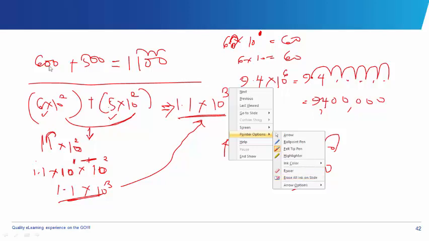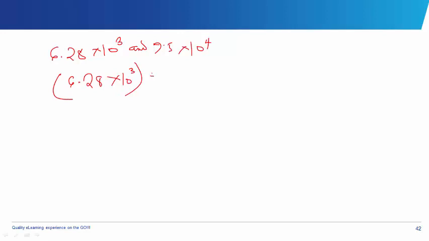Okay, find the sum of 6.28 times 10 raised to the power 3 and 9.5 times 10 raised to the power 4. Find the sum. So the first thing to do is let's express these numbers. Let's make them uniform. So it will be 6.28 times 10 raised to the power 3. We're adding, don't forget, and it's 9.5 times 10 raised to the power 3, then times 10 raised to the